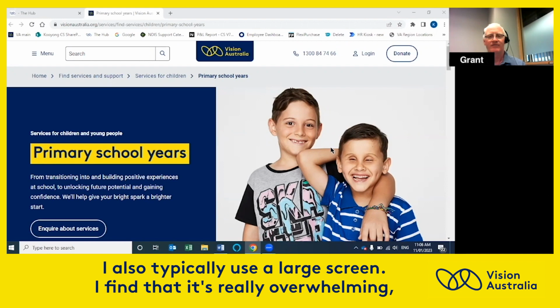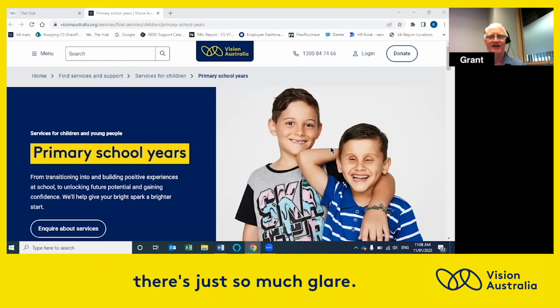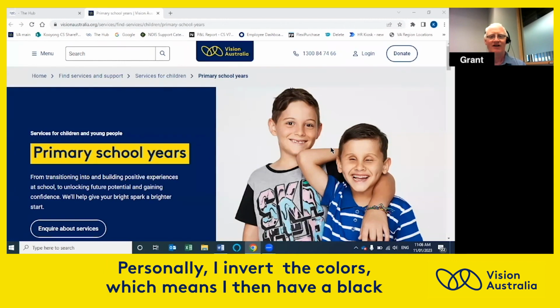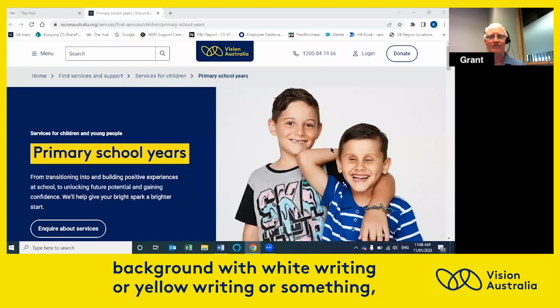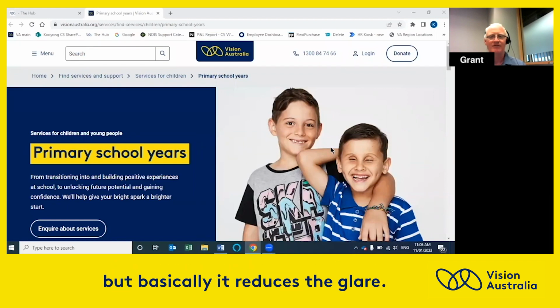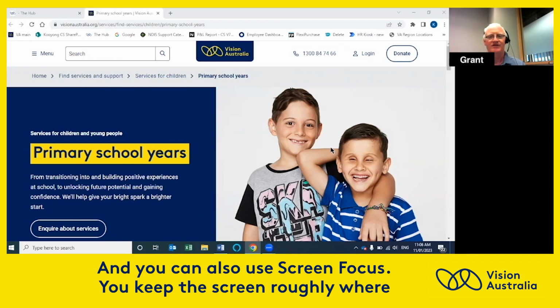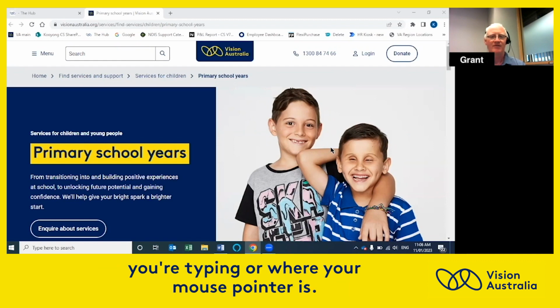I also typically use a large screen, so I find that it's really overwhelming. There's just so much glare. So personally, I invert the colors, which means I then have a black background with white writing or yellow writing or something, but basically it reduces the glare. And you can also use screen focus, so you keep the screen roughly where you're typing or where your mouse